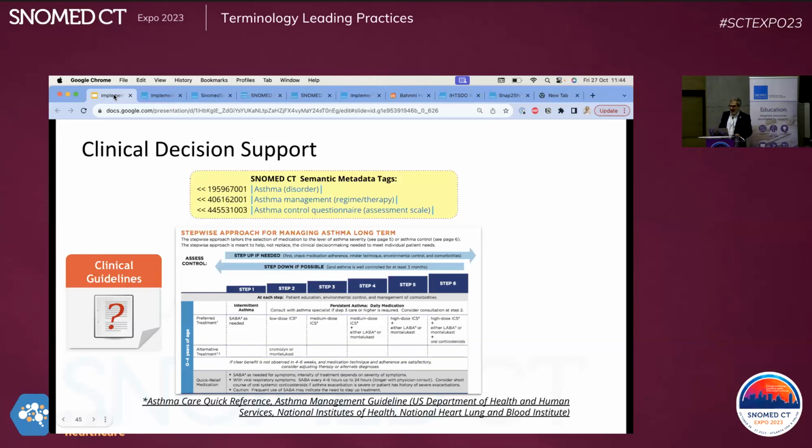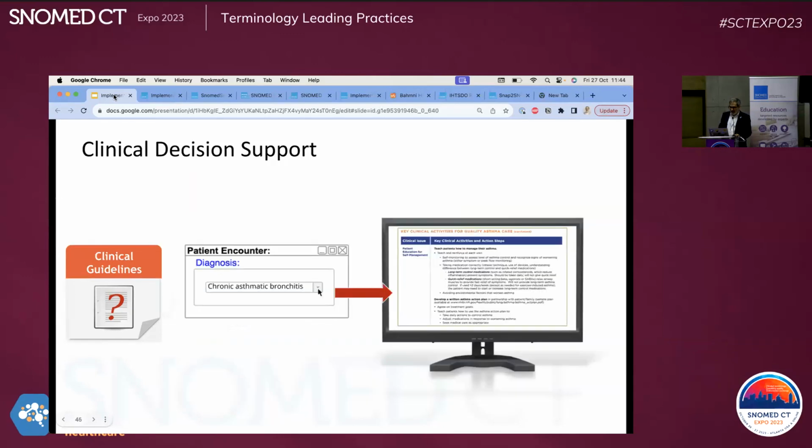And then you specify that. And then when you're working with a particular patient and you write a diagnosis with a particular type of asthma, like chronic asthmatic bronchitis, this will match the ECL and you can display the alert or the informational data to